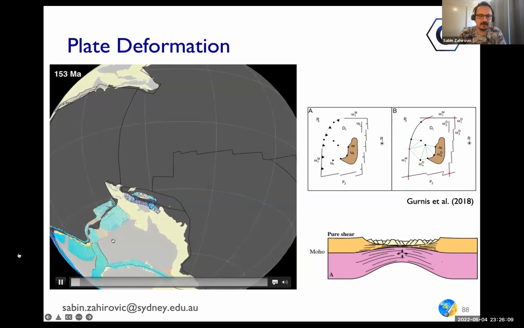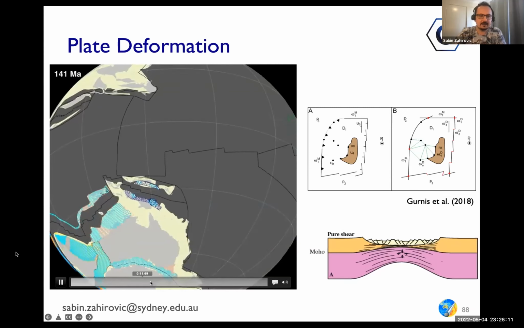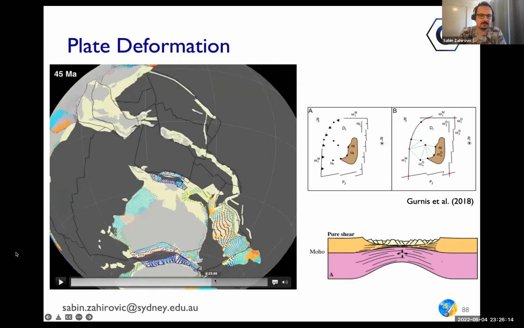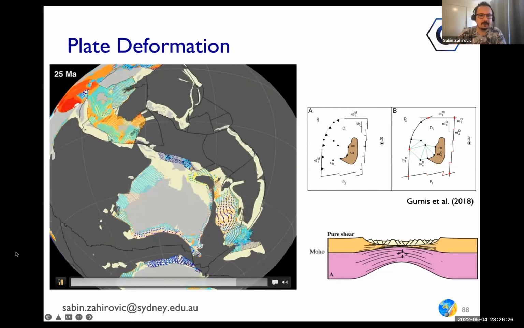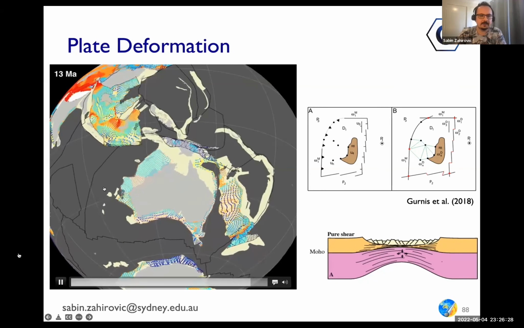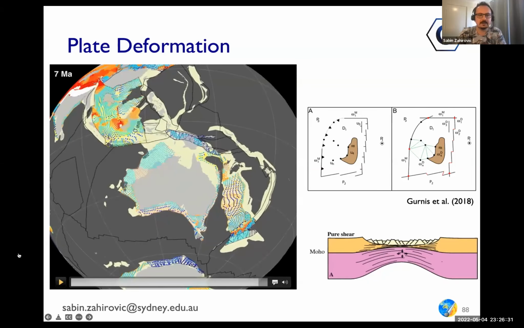There's lots of points, and the different colors indicate different sorts of behavior. So the blues are extension, oranges and reds are contraction, and you can track that through time. And you can see how that evolves. You can build some pretty complex reconstructions. The one caveat currently is that it's a pure shear uniform extension model,